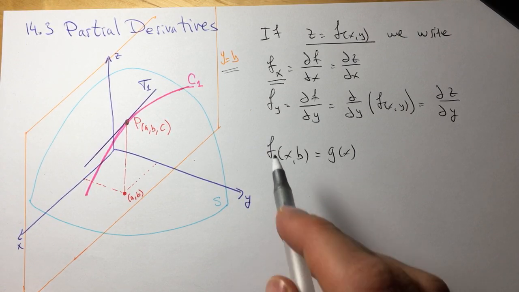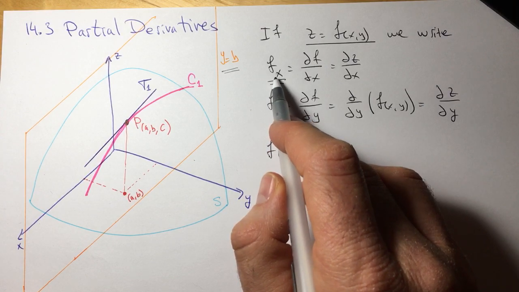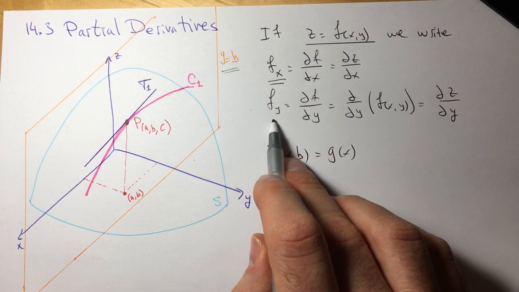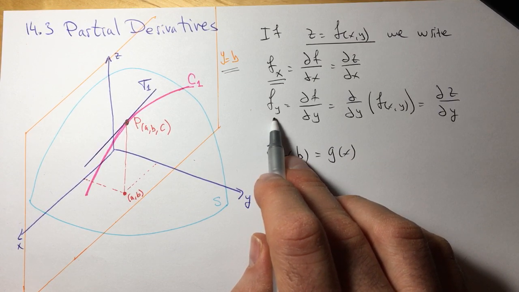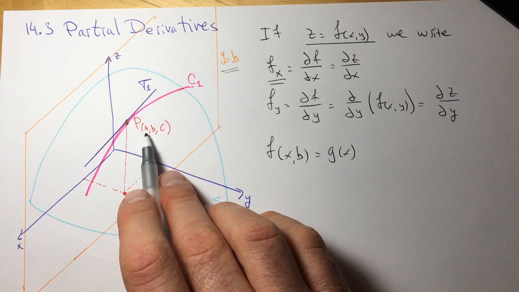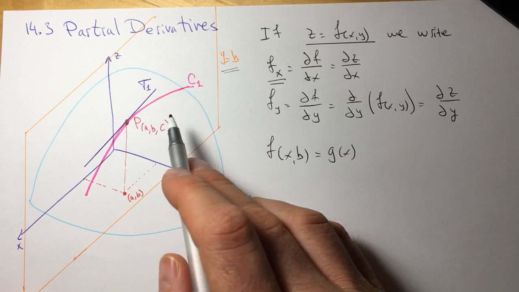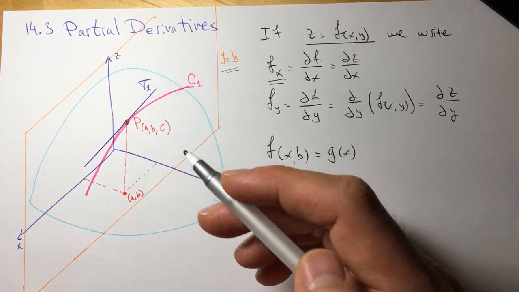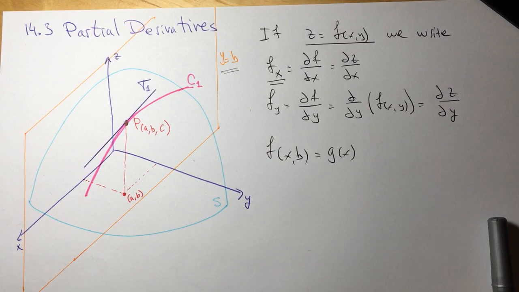So the partial derivatives, partial f partial x and partial f partial y, geometrically are interpreted as the slopes of the tangent lines crossing through the point P (a, b, c) to the traces C1,